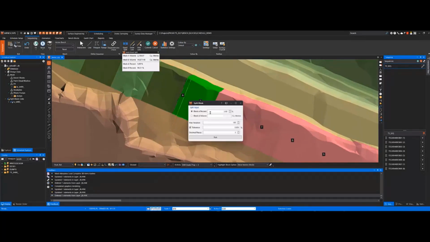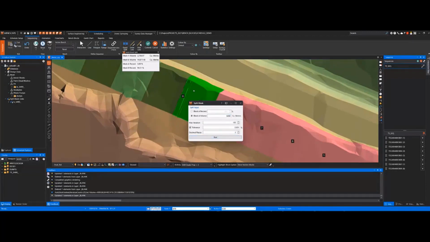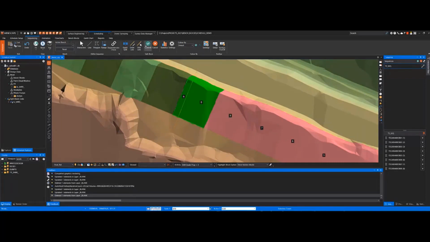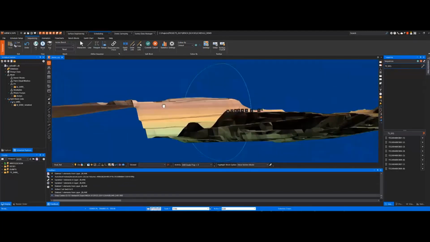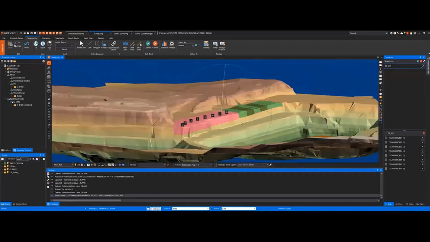Or you can go right to statistics and say, I want block A to be 5,000. Oh, that's percentage. Block A to be 5,000. I hit run. It does intersections for me. It tells me it's 5,000. Good enough. I like it. I get committed. And you have an opportunity to undo it, but I'm just going to cancel it. I won't put it in my sequence. This sequence is built now, the schedule's already completed.